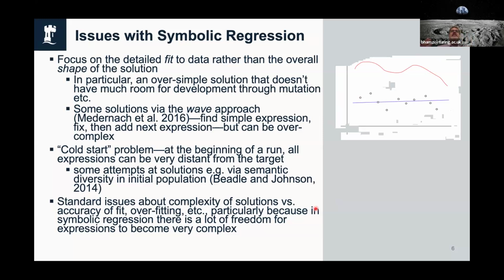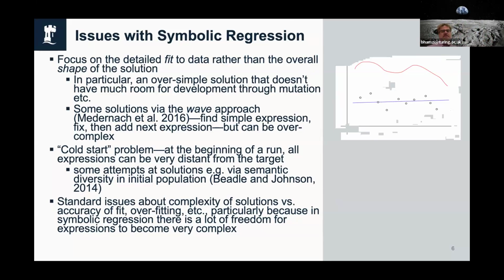So there's a focus on detailed fit to data rather than the overall shape of the solution. In particular, one problem with a lot of these symbolic regression approaches is that an oversimple solution that doesn't have much room for development through mutation can dominate in that population. There's been an approach called the wave approach.